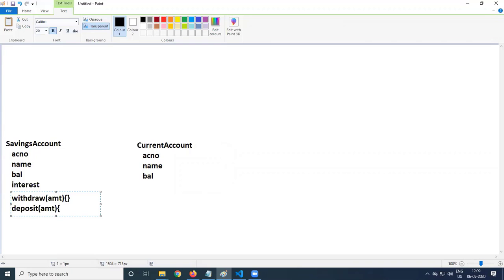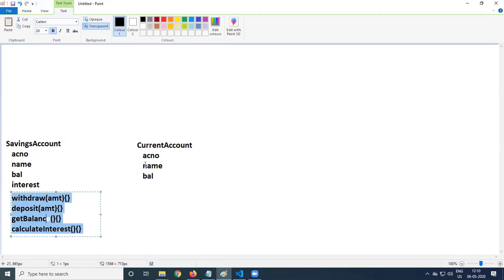So withdraw, deposit, and calculate interest. So we develop a banking application. These are the functionalities: withdraw, deposit, get balance, calculate interest. These are the functionalities for a savings account.